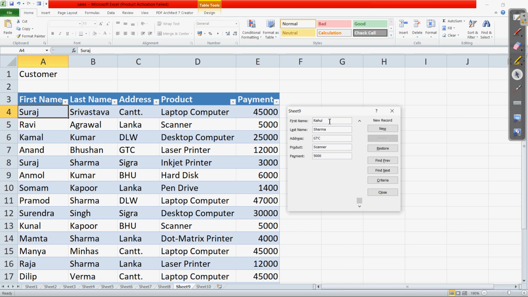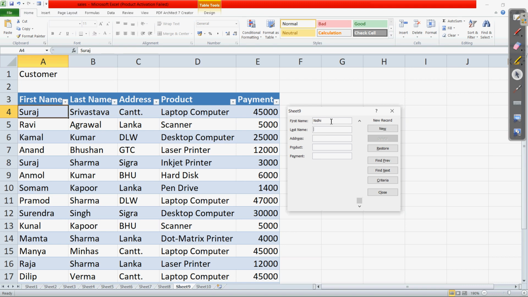Okay, so we have written all these values. Now after filling this, when you click on this new, automatically this value will be saved. There is no save button here, so we don't need to worry about it. When you click on this new, that value will be saved. If you want to fill one more record, we can fill that. So let us write it.